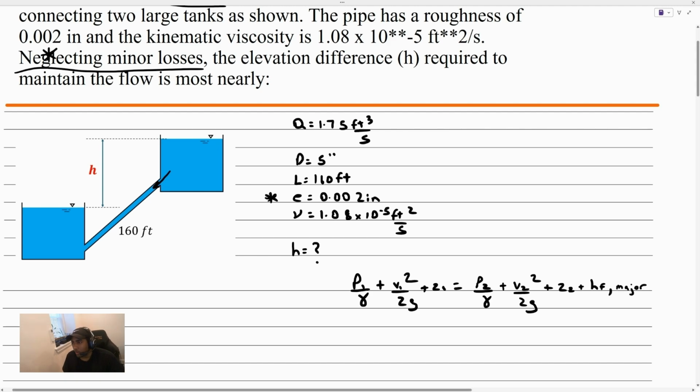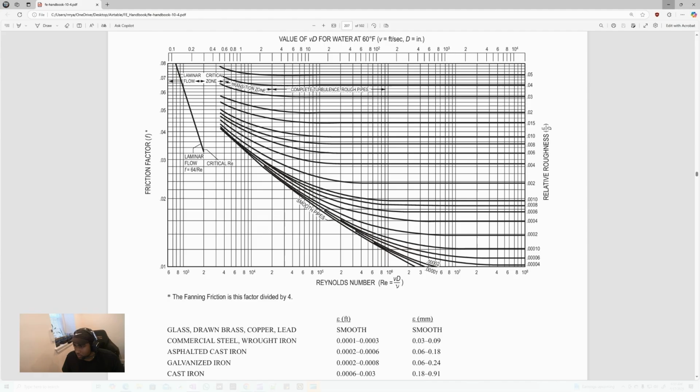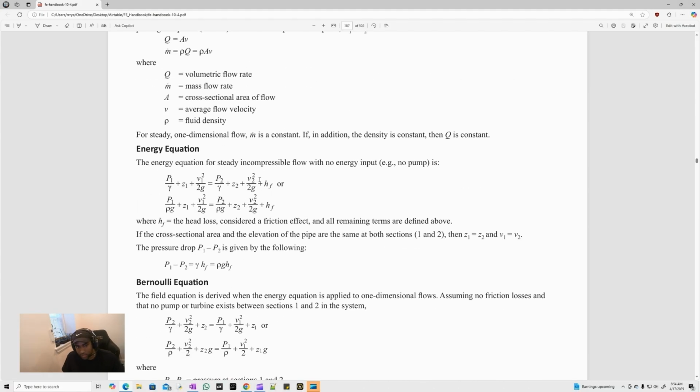And if we want to see where we got this in the manual, we can go ahead and do that. Okay, so we see the energy equation here. This is head form, so all of these terms have units of length. And this is pretty simple. I like this kind of form of the energy equation. We're going to make some